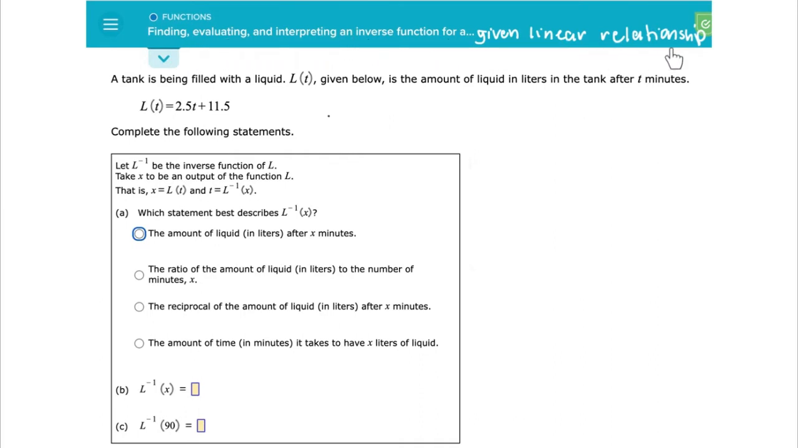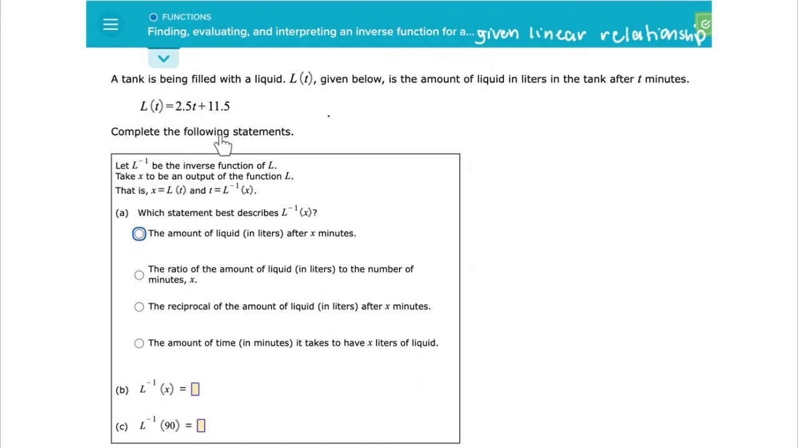Professor Smith here. So excited to create a video on finding, evaluating, and interpreting an inverse function for a given linear relationship. In this example, a tank is being filled with a liquid. L of T, given below, is the amount of liquid in liters in the tank after T minutes. So we have the equation L of T is equal to 2.5T plus 11.5,